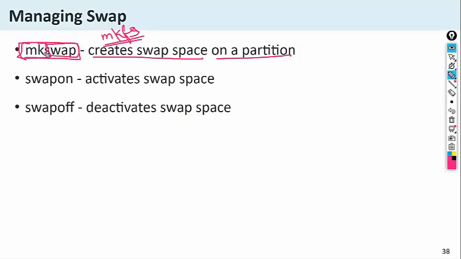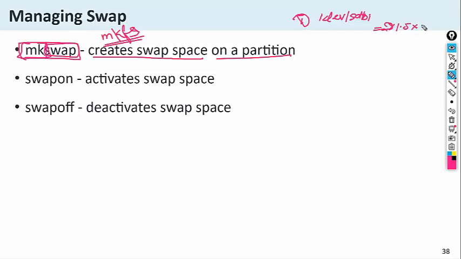Similarly, you can use mkswap to create the swap partition. So what are the steps? Step one is to create a partition using the fdisk or parted command, for example /dev/sdb1, and the size